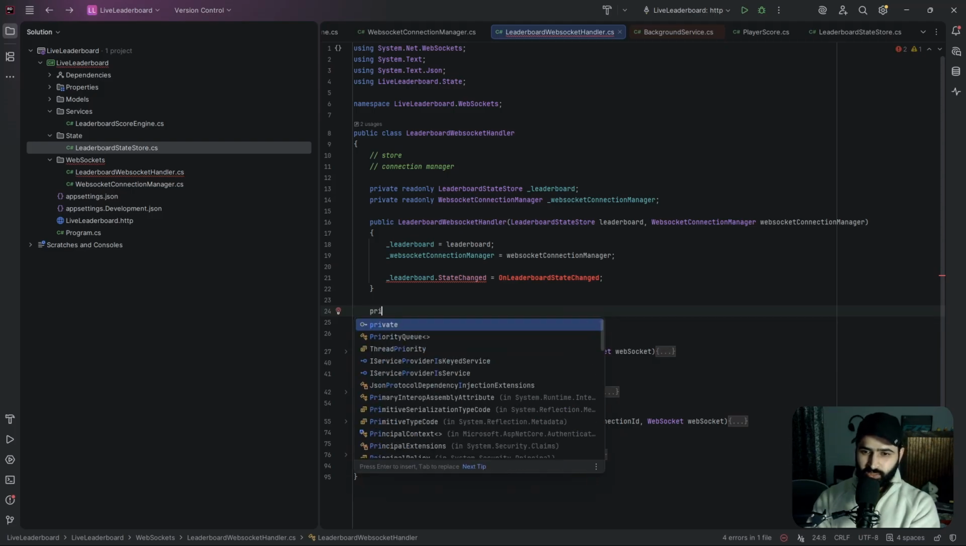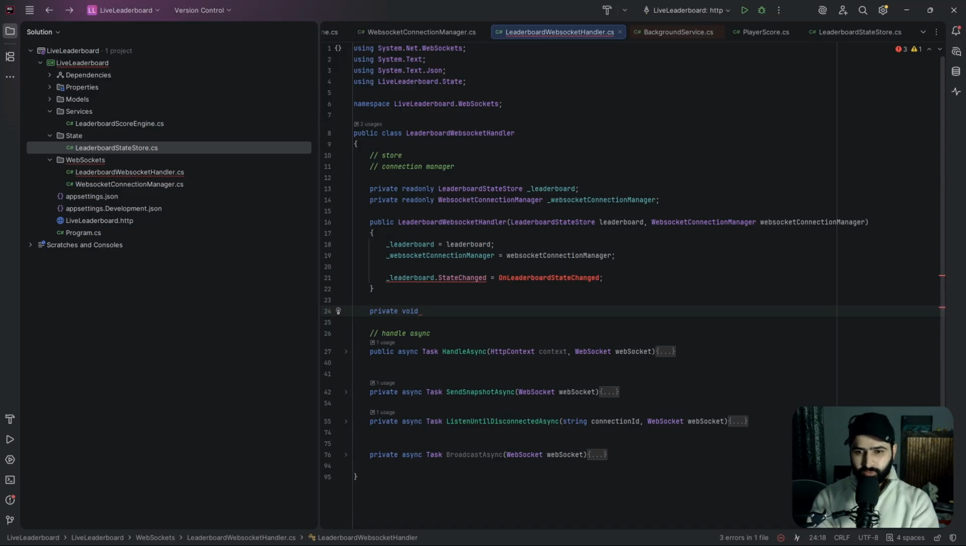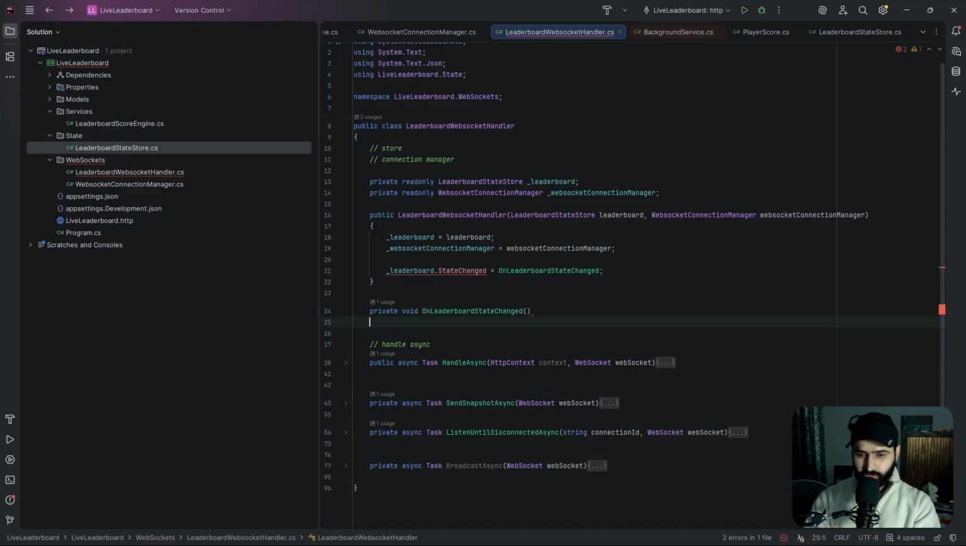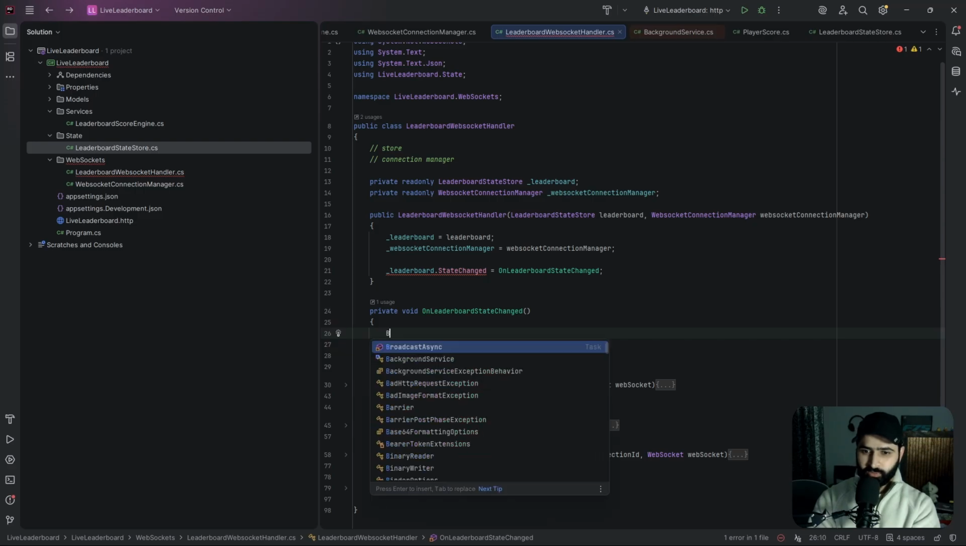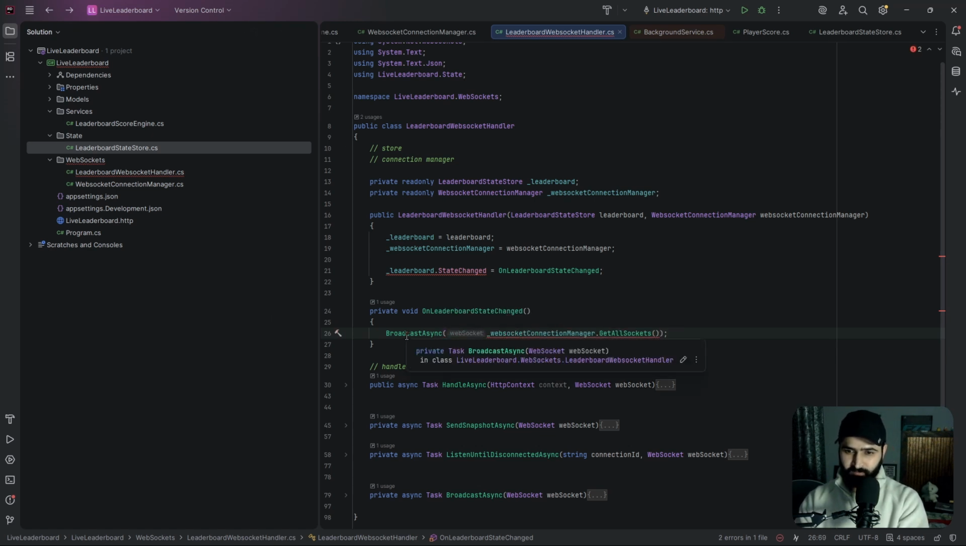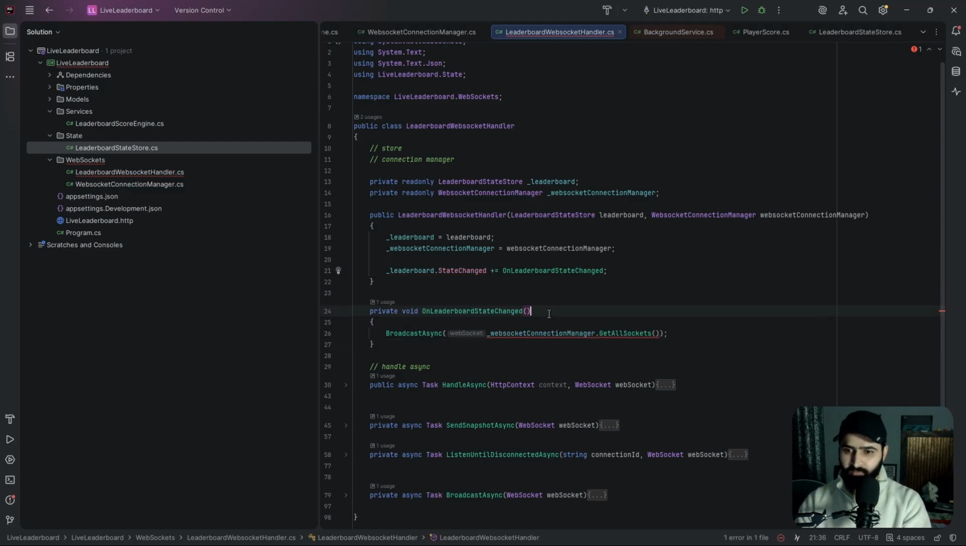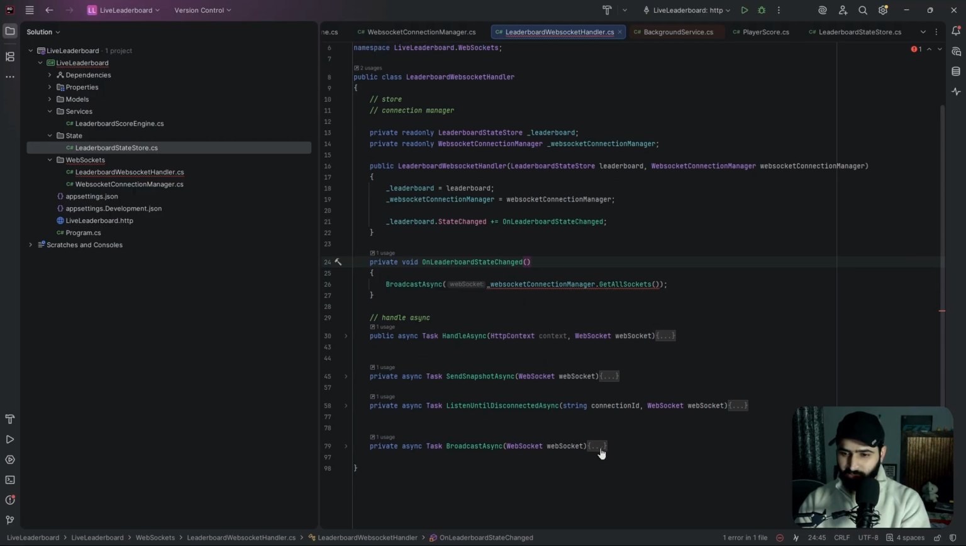उसको क्यों एरर दे रहा है ये, प्राइवेट वॉइड ऑन लीडर बोर्ड स्टेट चेंज्ड, और यहाँ पे हम कॉल कर देंगे हमारा ब्रॉडकास्ट सिंक मेथड है। पैरामीटर कैसे ले सकता है ये मेथड? ये क्यों पैरामीटर ले रहा है भाई, इसमें पैरामीटर नहीं आने चाहिए।